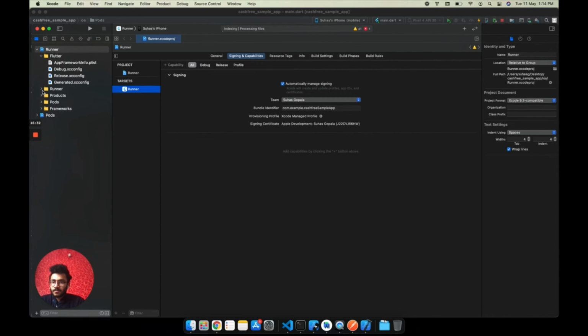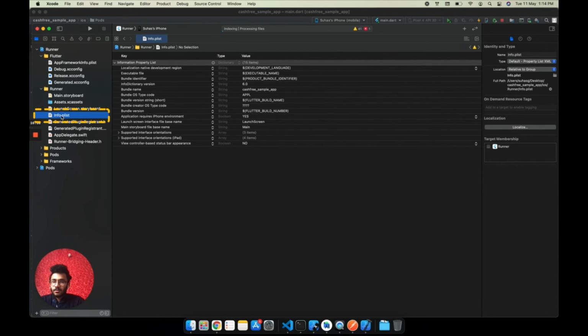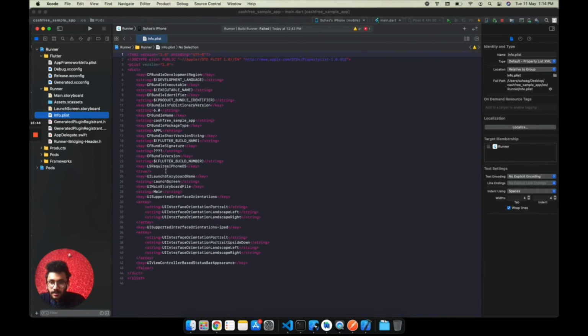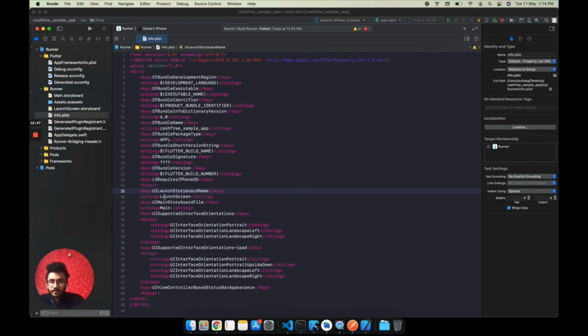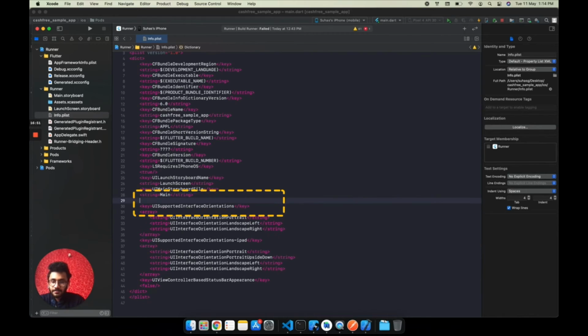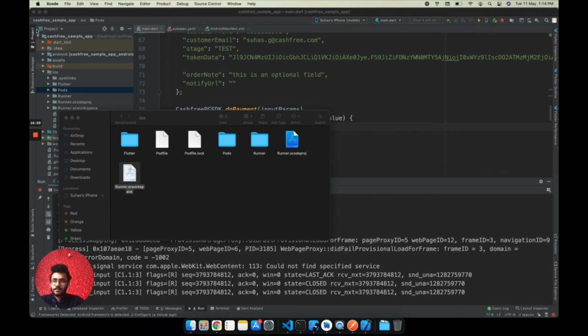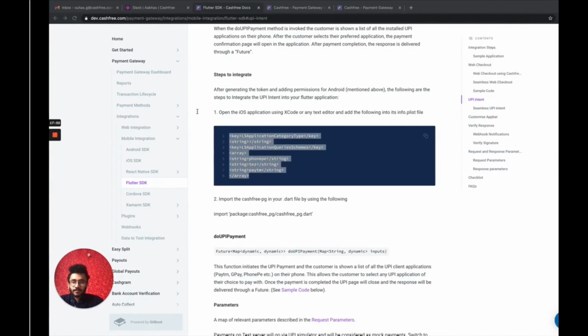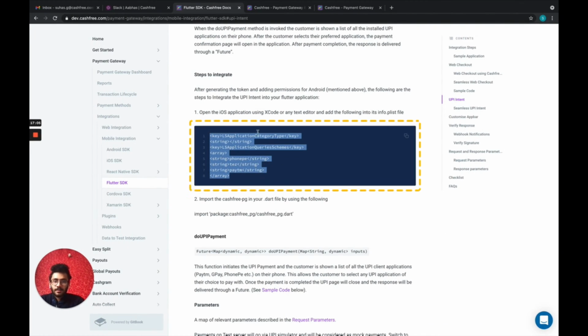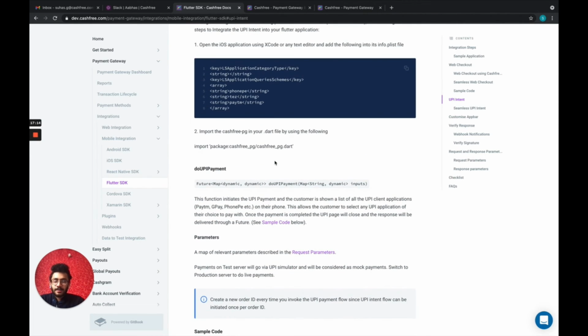Go to your info.plist file. Open this as source code, and paste it somewhere here. So this adds the permission to initiate or use PhonePe or Tez or Paytm. Currently in iOS we support PhonePe, Tez and Paytm, and in Android we support most of the installed UPI apps.